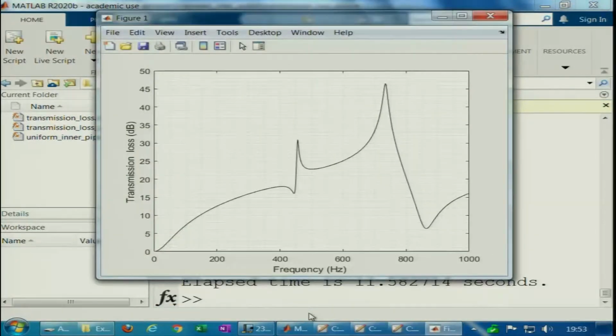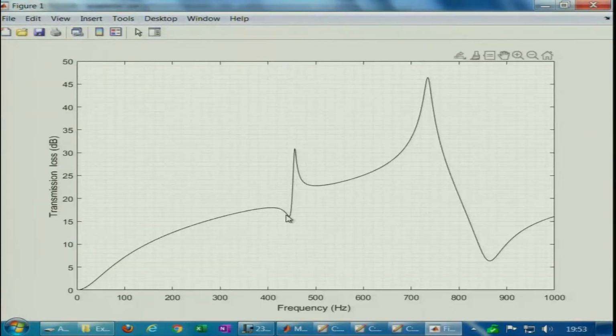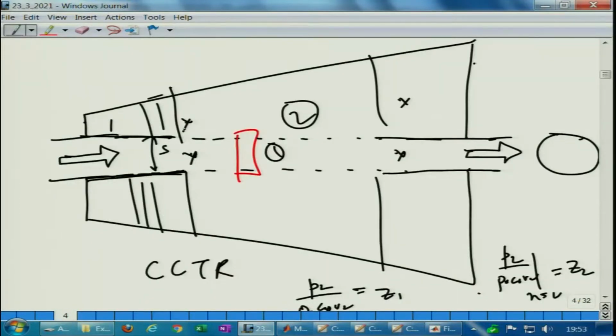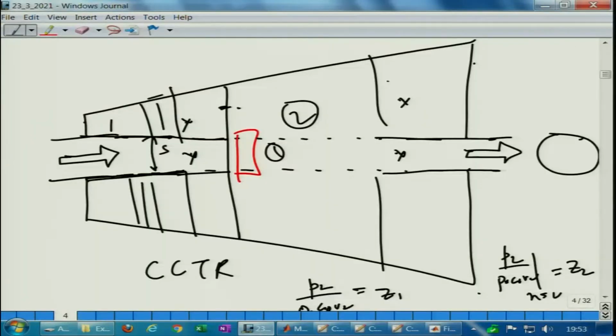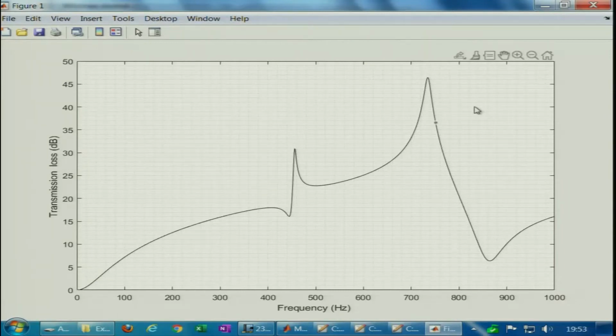This is not so bad, but there is a mismatch in the tuning frequency to the configuration here. The trough that you are seeing here, because you are making this a relatively larger length L by 2, whatever resonance peak you are getting here is not exactly able to nullify the trough that you are getting here. That is why there is a large mismatch between the resonance peak due to the second annular cavity and the second axial resonance peak here. So, this should have really occurred somewhere here, but it is occurring somewhere here.